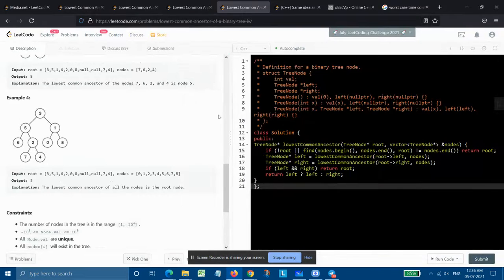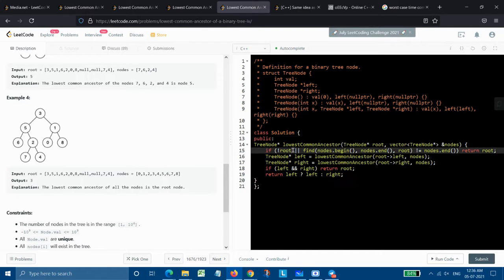So there is a little modification in the solution, which is here. If root is not there, that is, root is equal to null.